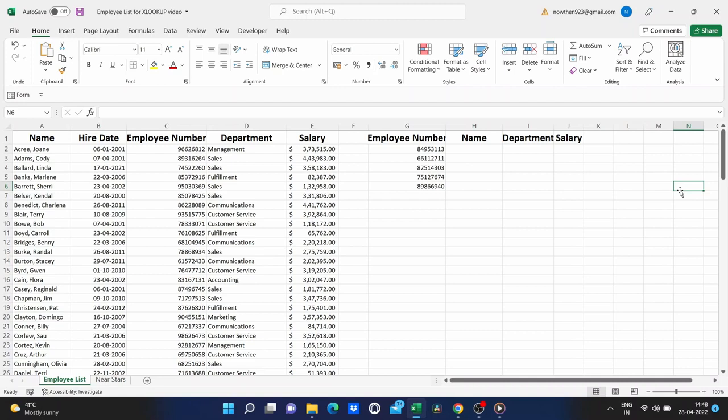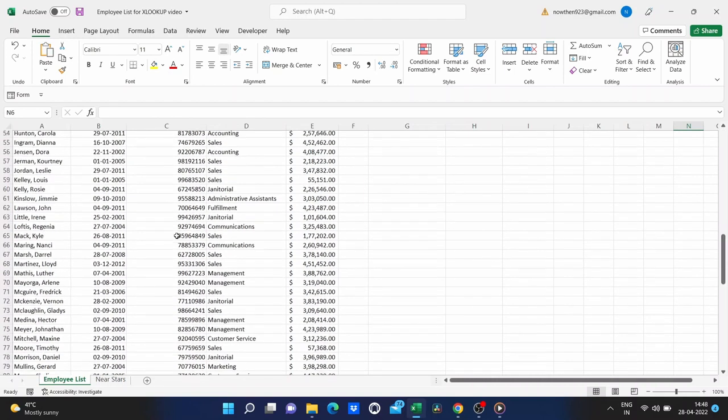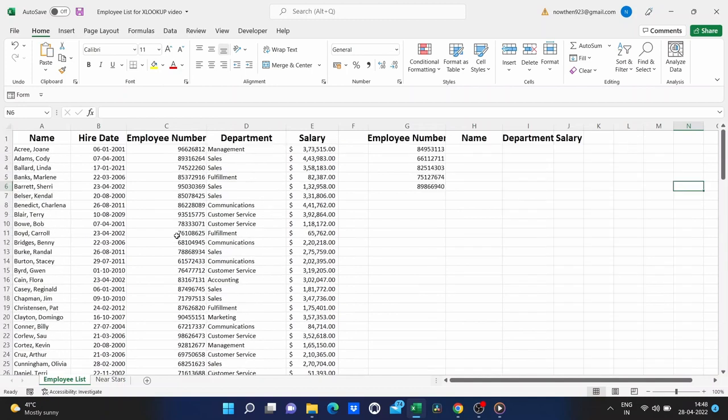So, what is the purpose of XLOOKUP? It basically enables you to take information that you have and use that information to look up related information. So, you can see here, I have an employee list for a fictional business. We have employee names at the left, we have their employee number, department, salary, etc. And let's say that I need to look up an employee based on their employee number.